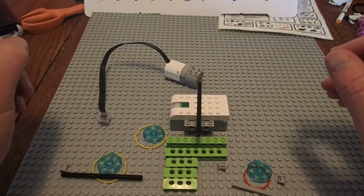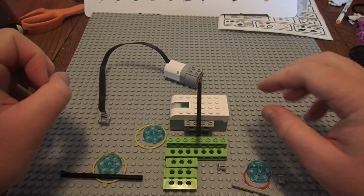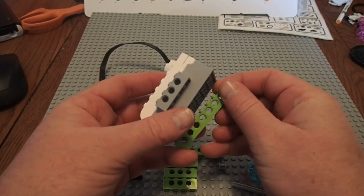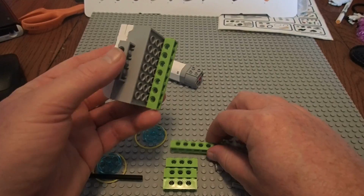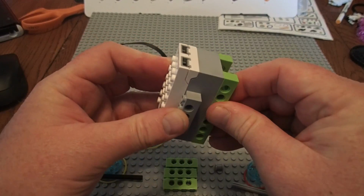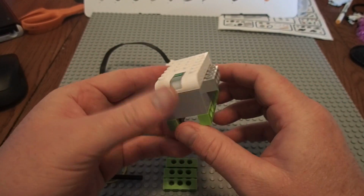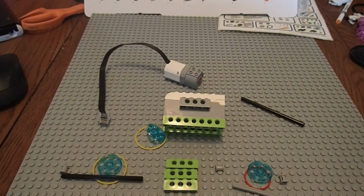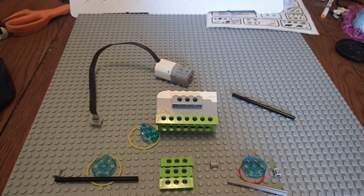Okay team, let's get started building Max the Mobile. First thing we're going to do is put some 7 beams on the bottom, and that's going to help us keep our mobile nice and balanced. In fact, to really balance that out, we're going to go ahead,